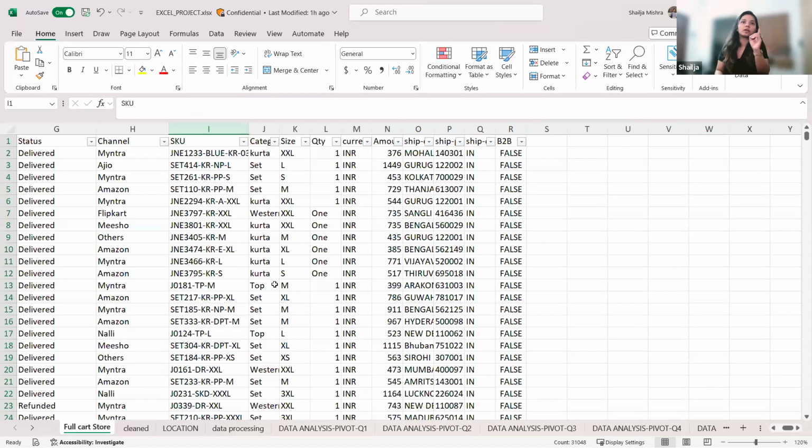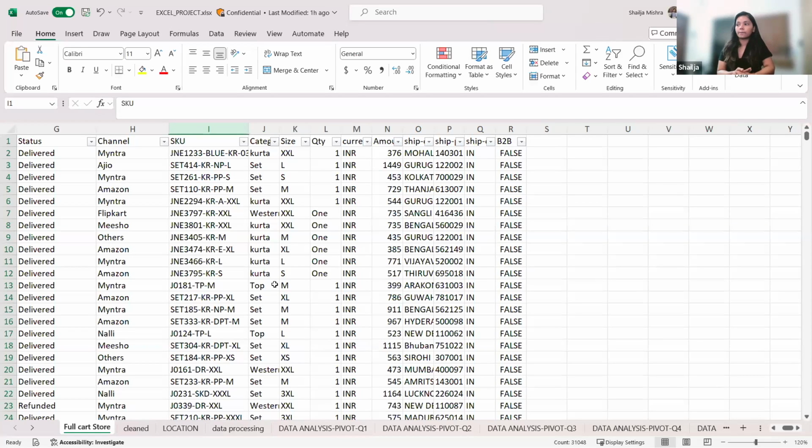Now the first step is to understand what the problem statement was. What exactly am I trying to solve? If I don't understand that, I cannot move forward. And secondly, what type of data am I getting? Is it in the form of Excel data, is it stored in a database, at what time am I getting the data, what is the size of the data? All of these questions need to be answered in the first step of any data analysis